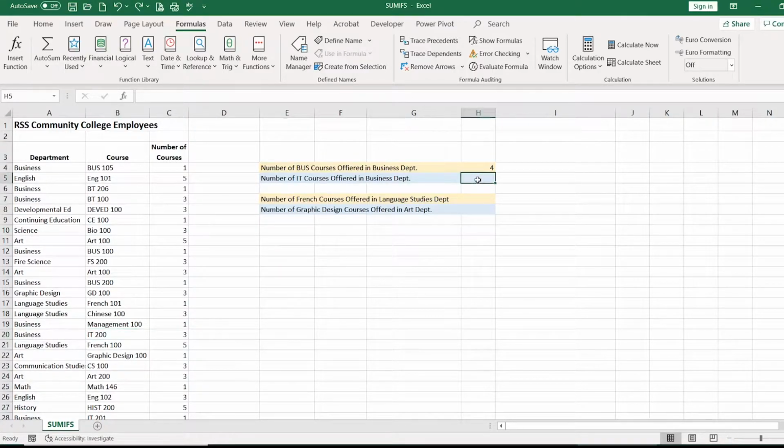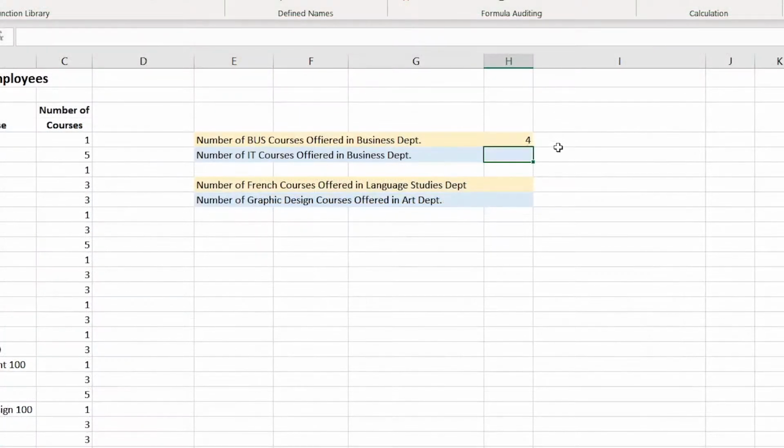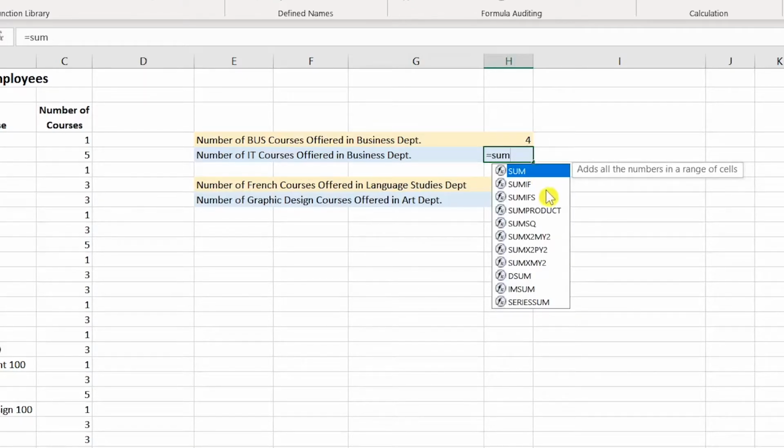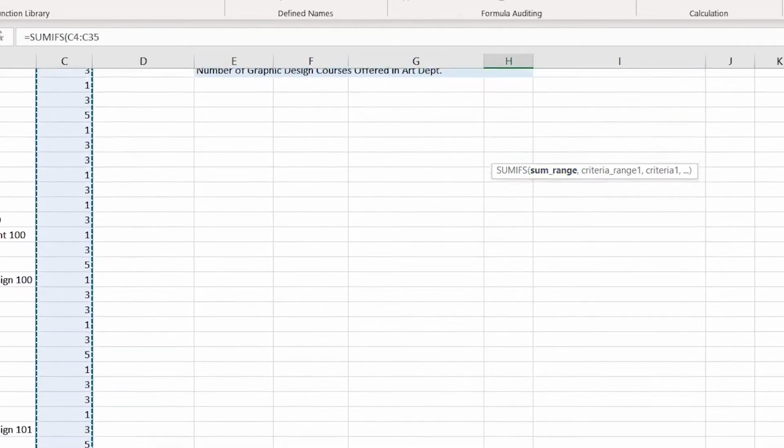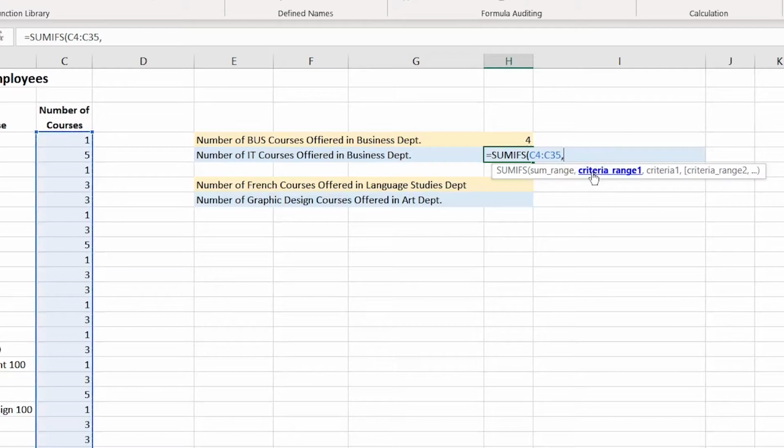So we're going to start up here in cell H5, and for this one we'll use the autocomplete technique. So I'm going to go ahead and type equal, and I'll start to type sum, and you can see the SUMIFS pops up right here. So I'm going to double click on it, and remember, if you click right after the parenthesis there, you'll see the information that you're going to need to type in this particular format. So the first thing that it's asking for is what range do you want to sum? So I'm going to go ahead and select the number of courses, and so I'm going to put my comma,